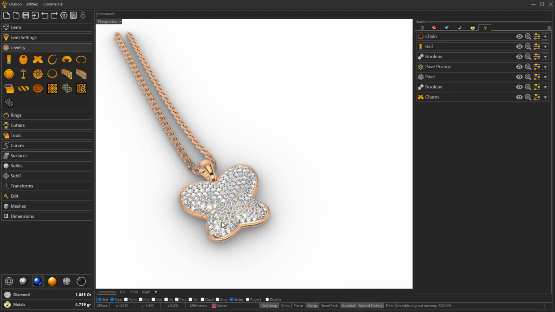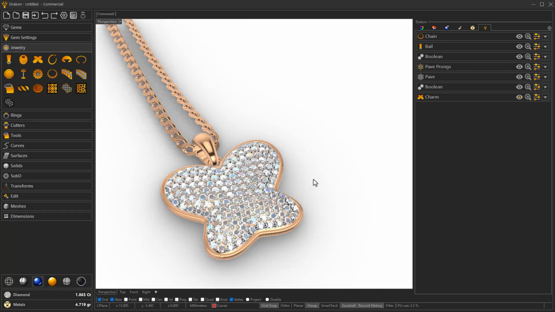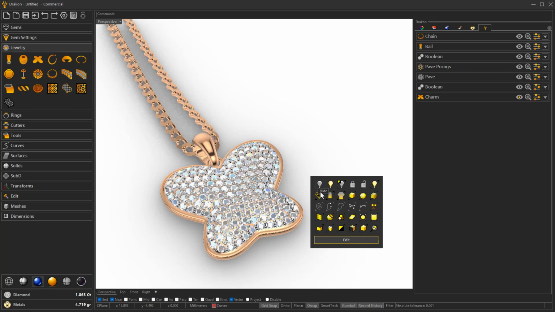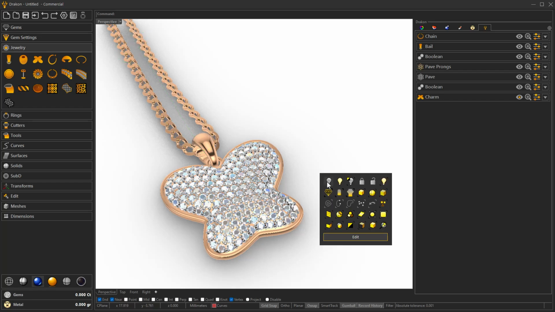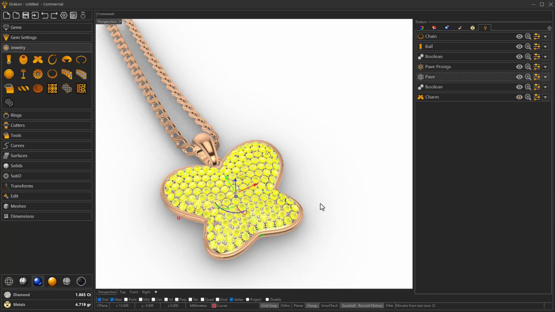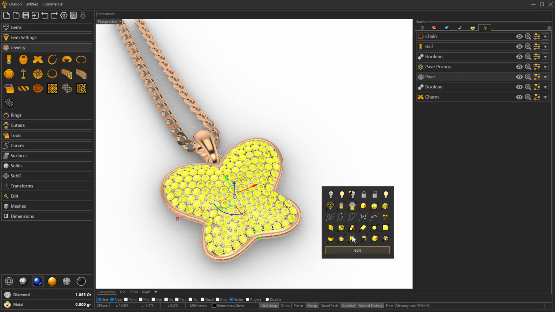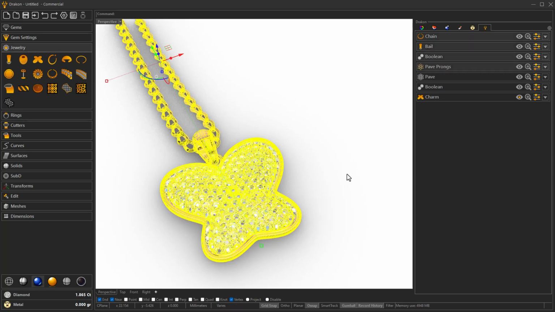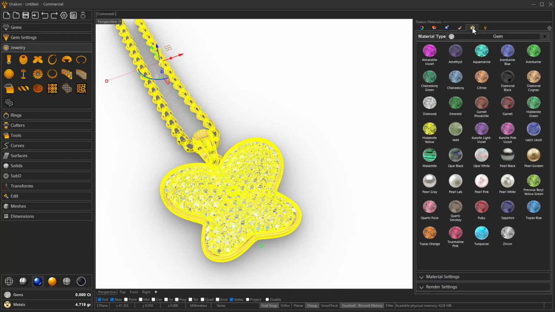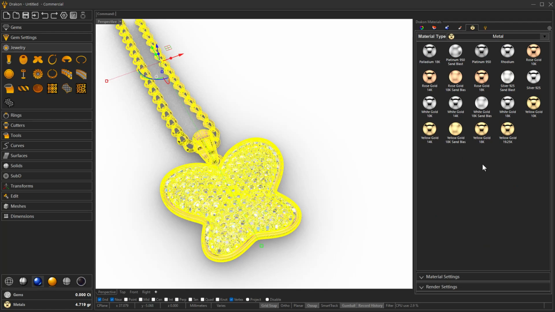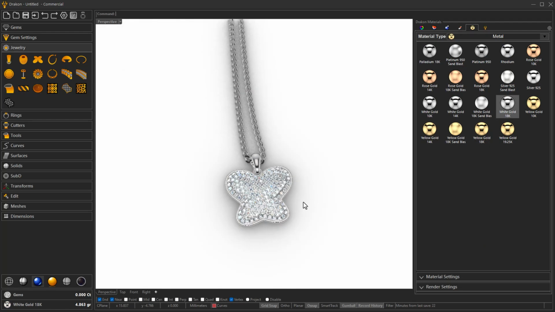We could adjust the material. Let me just with the central button select the curve and hide it, and also invert the selection from the gems to apply a material, let's choose white gold. Okay, so